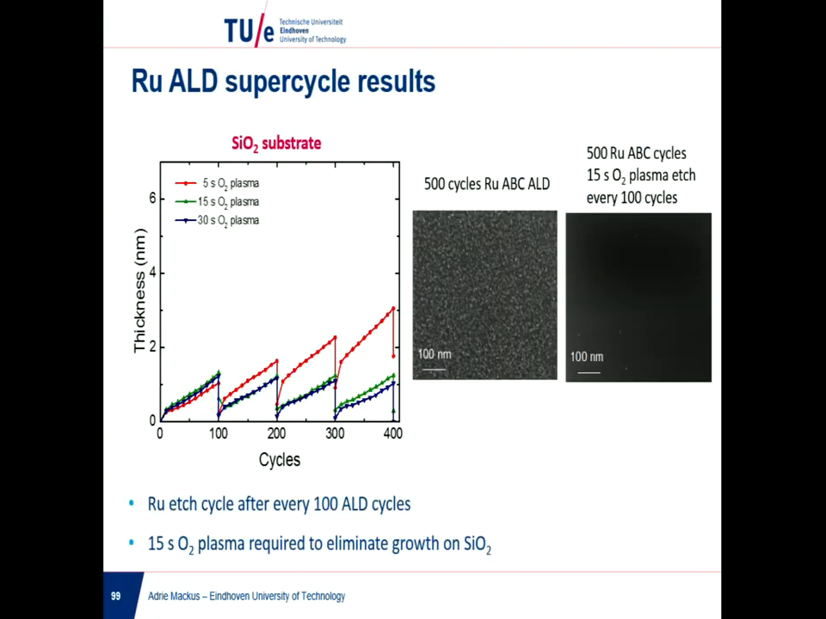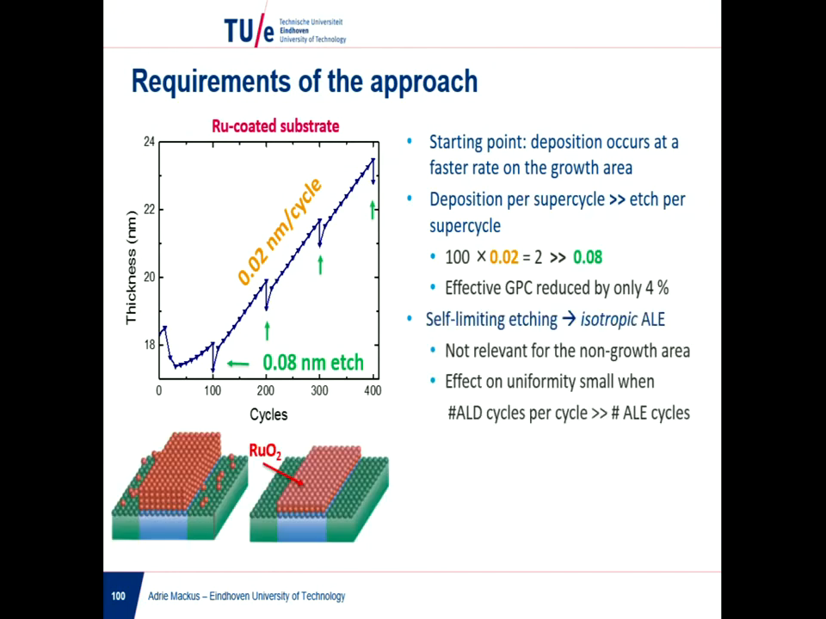This is top view SEM. This is how it looks if you don't do any etching, which is basically completely covered with ruthenium. And here you see that we get quite a good selectivity if we do this etching step after every 100 ALD cycles. We'll skip this